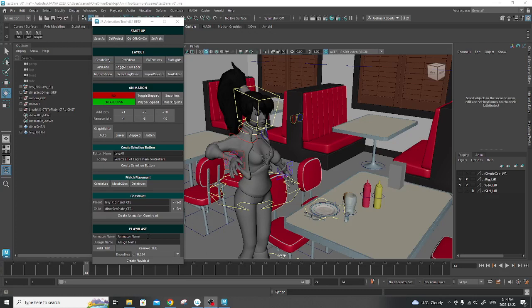Okay, so Playblast section. We have animator names, so I'm going to put in my name and assignment name. Originally, my mind was focused on the students that I teach in 3D animation, but here I'm just going to label this as anim tool test, and I'm going to click on this add HUD, and we can see